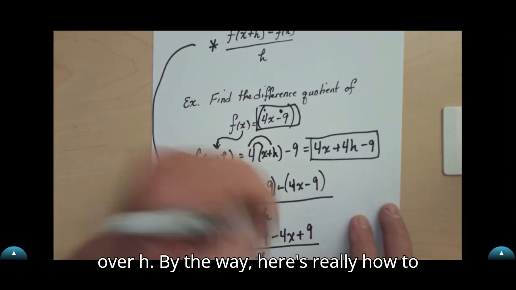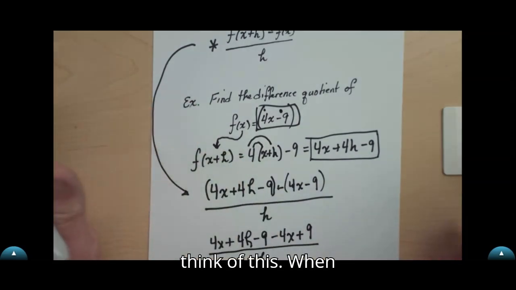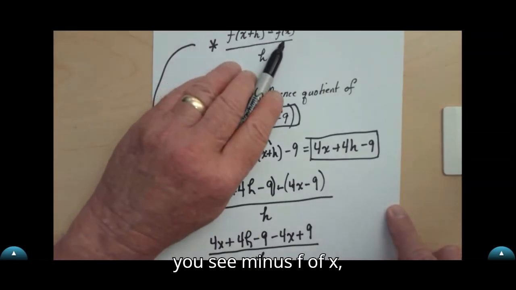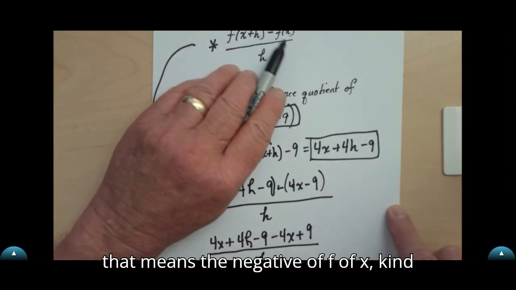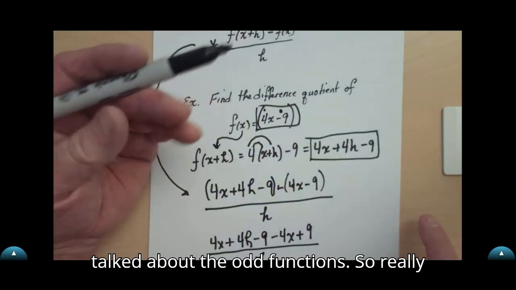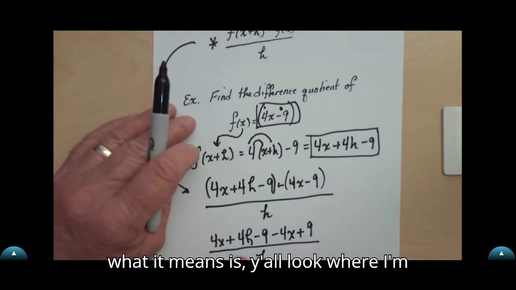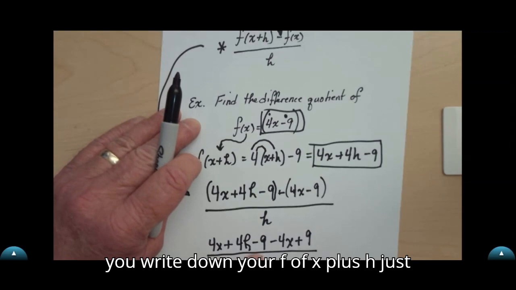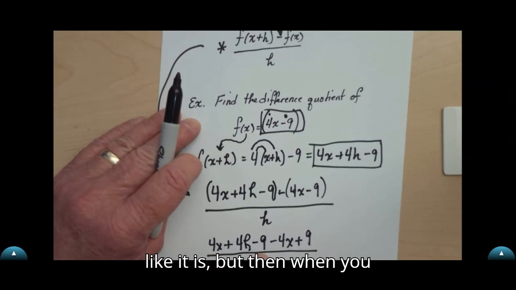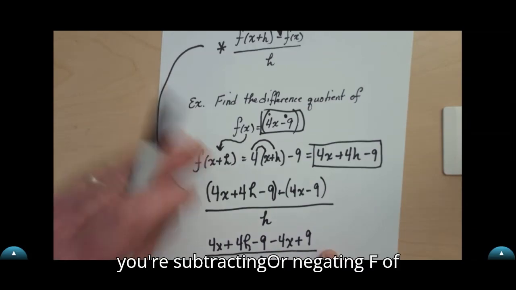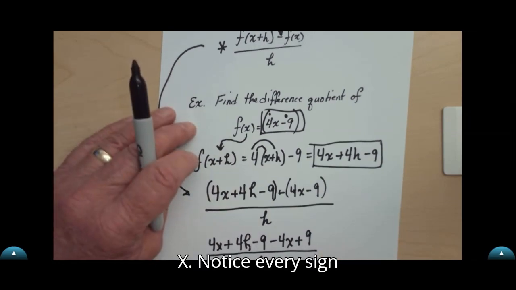By the way, here's really how to think of this. When you see minus f of x, that means the negative of f of x, kind of like what we talked about when we talked about the odd functions. So really what it means is, look where I'm pointing here. When you write this down, you write down your f of x plus h just like it is. But then when you write down the f of x part, because you're subtracting or negating f of x,